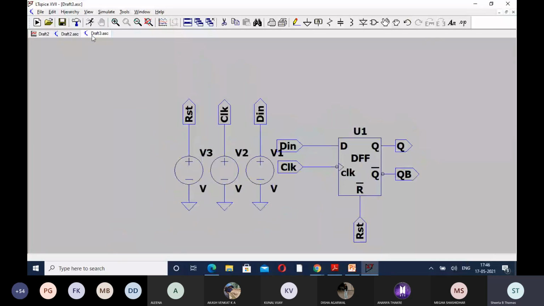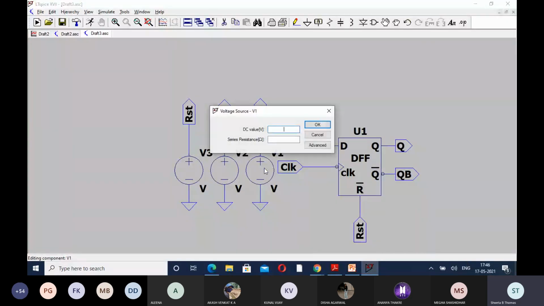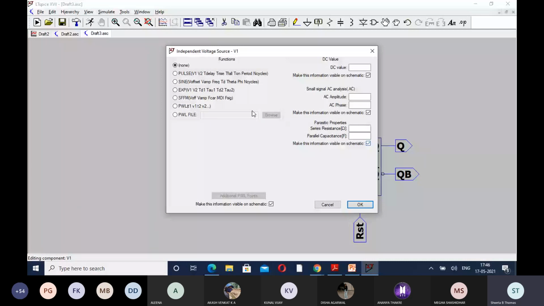So, yeah, I was here. We'll go to advance, then pulse. This is 0, 5, 1 millisecond. So this is not fixed. You can change it.